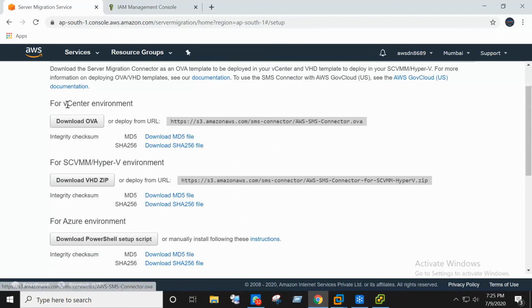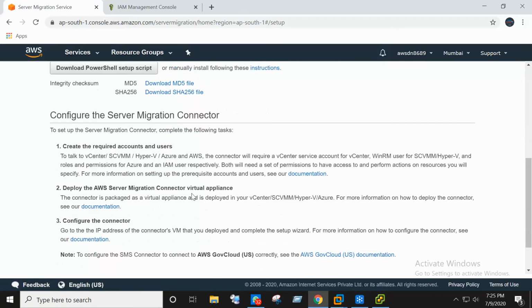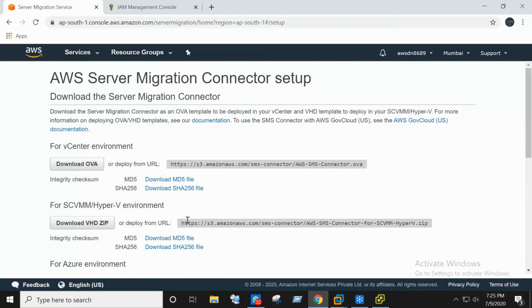See guys, there are three different types of environments provided. Listen carefully. Download the server migration connector. The connector is required to establish the connection between the on-premises environment and the AWS environment.